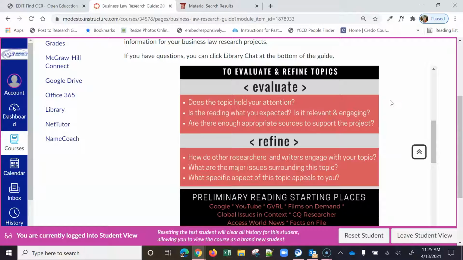Does this topic hold my attention? Is the reading what I expected? Sometimes you have an idea of a topic and you start doing reading on it and you realize, oh, that's not what I thought it would be at all. And then you want to figure out, are there enough appropriate sources to support your project? I believe in your paper you have to have at least 5 academic or professional sources. So you want to make sure you're able to find those, and you're going to find those using the library